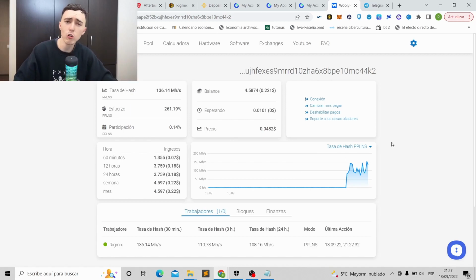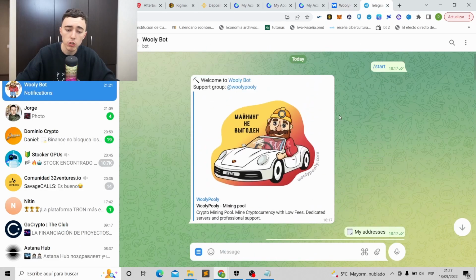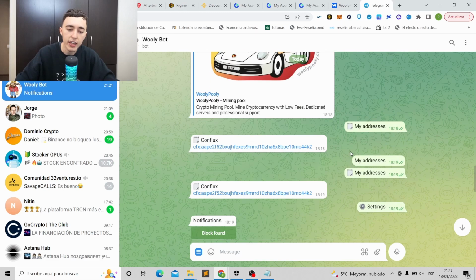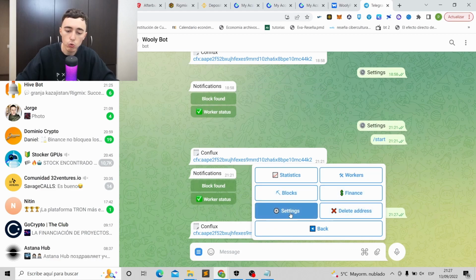What about if my miner goes down? How do they tell me? Well, they don't have an email way of doing that. They only have it through Telegram. So you can go down here where it says surveillance, you go to Telegram bot, and here it will send you to this bot where you can basically click start, then you add your wallet. It will ask you what is your wallet, where you are mining. You put your wallet, and there you have to open the menu start again and go to settings,